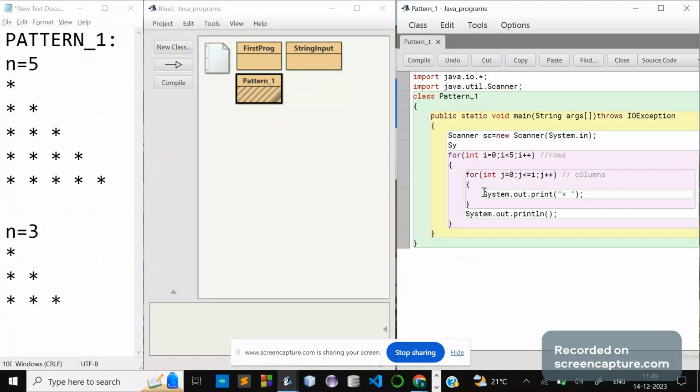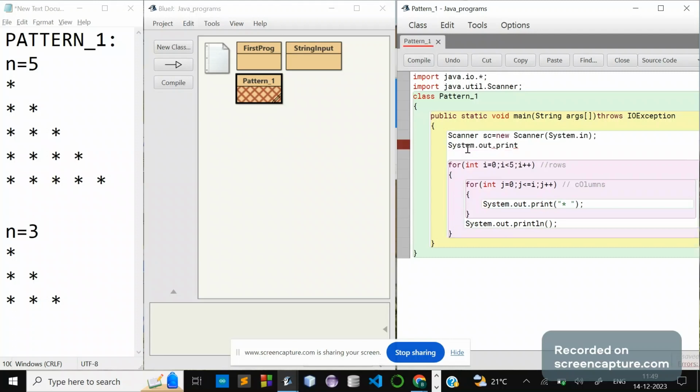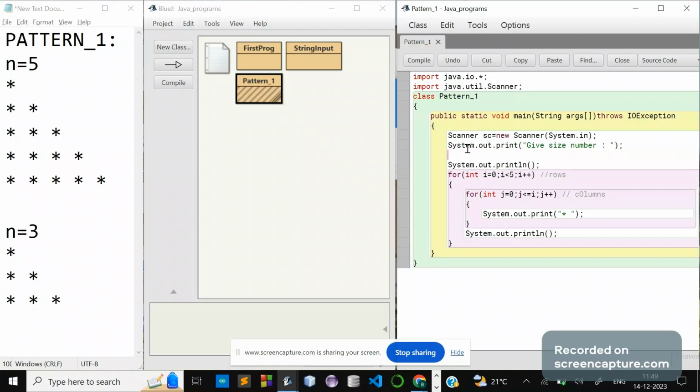System.out.println. I will copy paste this string, Control C, enter, Control C, give size number, println semicolon. Now int size equals sc.nextInt();